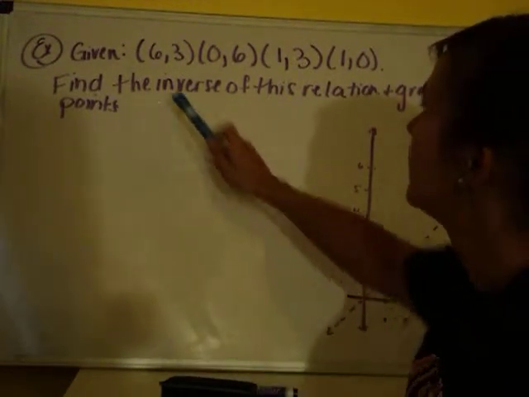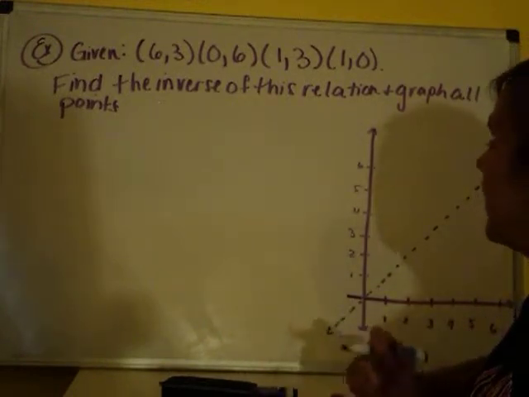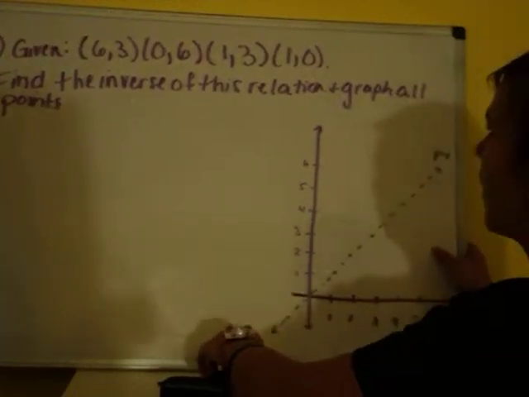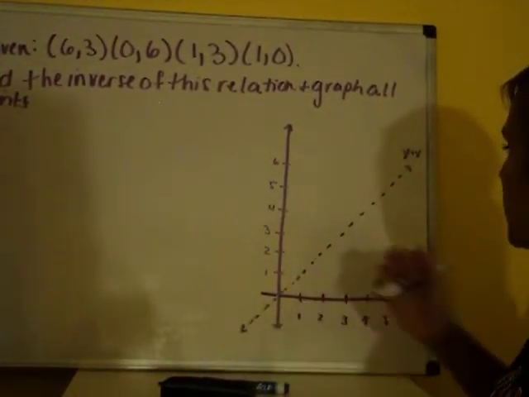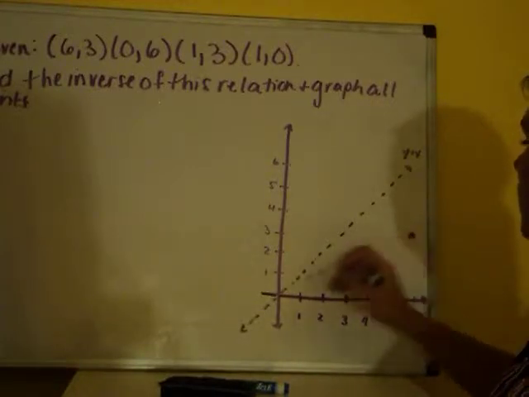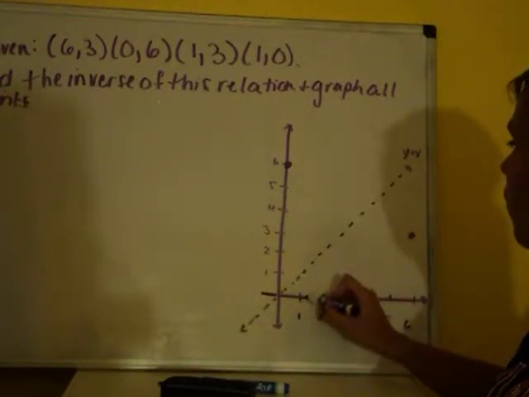Alright, given (6, 3), (0, 6), (1, 3), (1, 0). Find the inverse of this relation and graph all points. Okay, let's start off by graphing these points. So I have (6, 3), (0, 6), (1, 3),